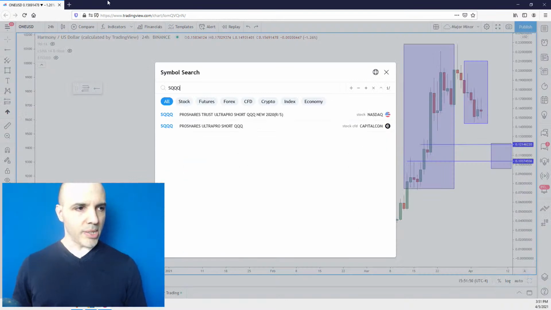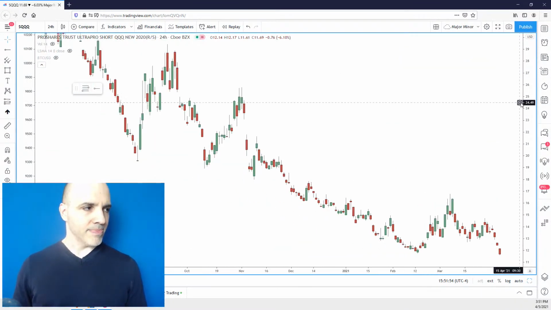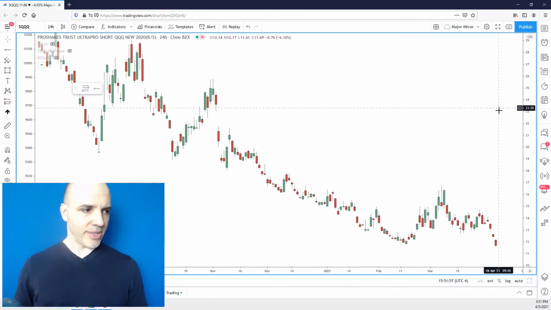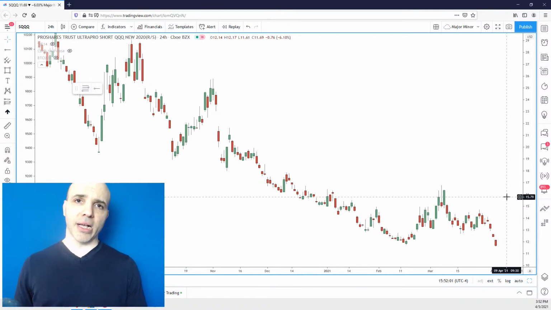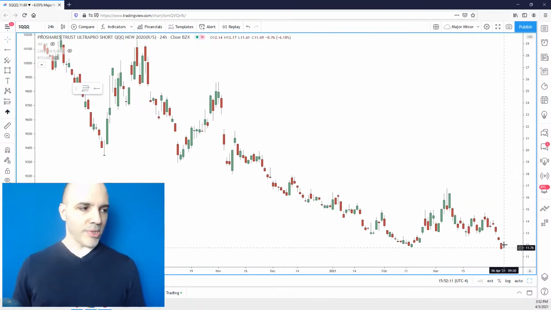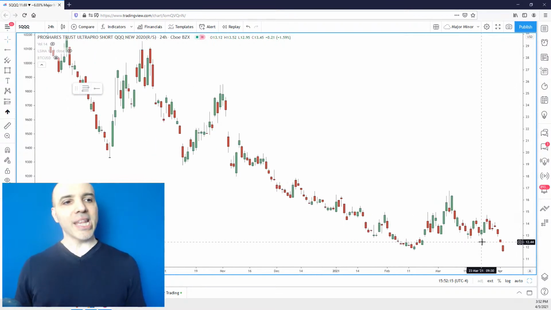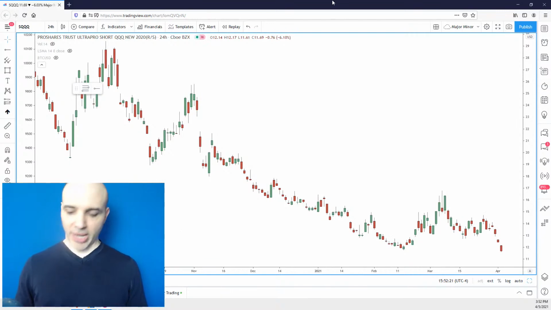SQQQ was an options trade I actually had called a while back, and this is the result of it. It was a bet on the Nasdaq pulling back dramatically, and while the Nasdaq tried, and again, this is a derivative, it tried to do its thing. When I saw this today, I thought, all right, party's over. Got to get out of this thing. I can't use the SQQQ chart to make decisions. That's not where my decision came from.